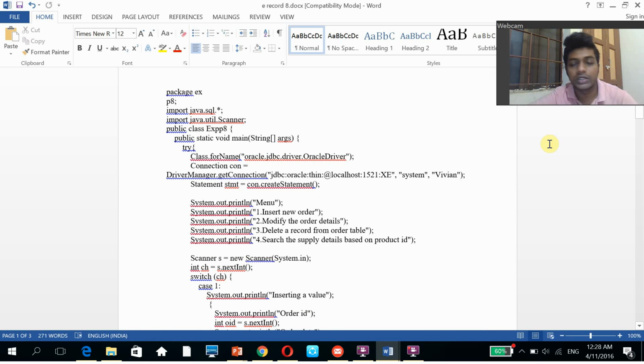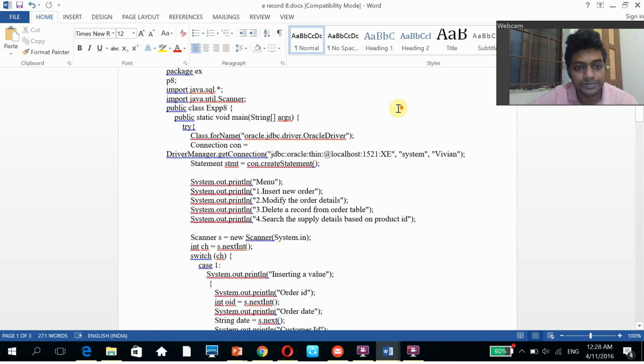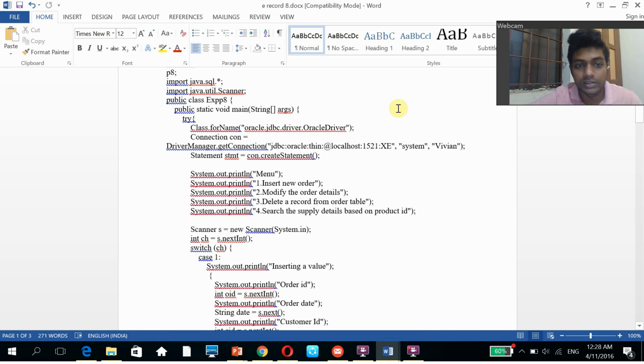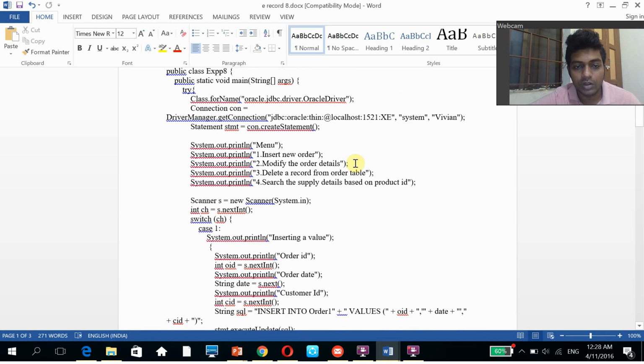So we have to put the code in a try-catch block. So in the try block we have to put Class.forName("oracle.jdbc.driver.OracleDriver"). Then we have to create the connection: con = DriverManager.getConnection("jdbc:oracle:thin:@localhost:1521:xe", "system", "Vivian"). Okay, Statement stmt = con.createStatement(), and here we have to include all the